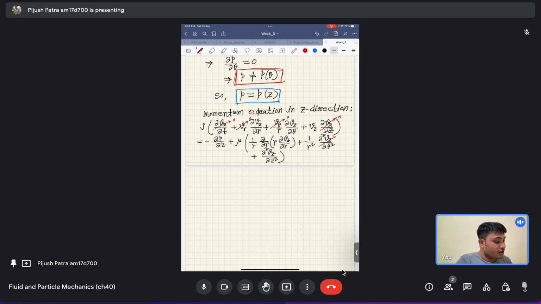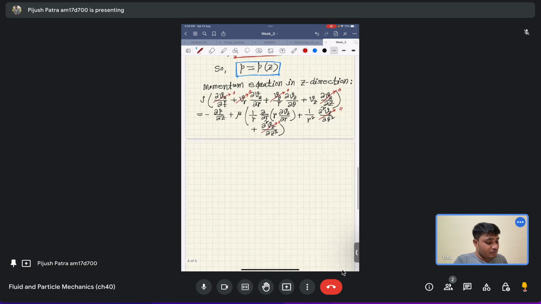Vz is not a function of theta, and p is a function of z only. So the left hand side of the Navier-Stokes equation is again 0. So effectively what I am getting is that minus dp/dz